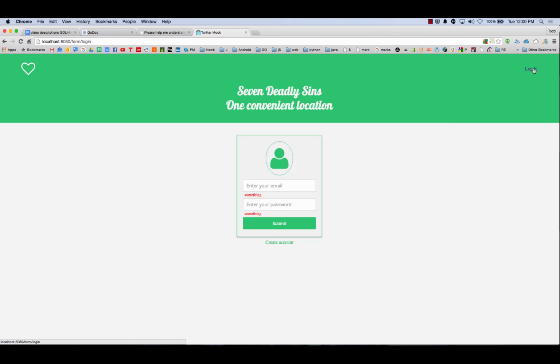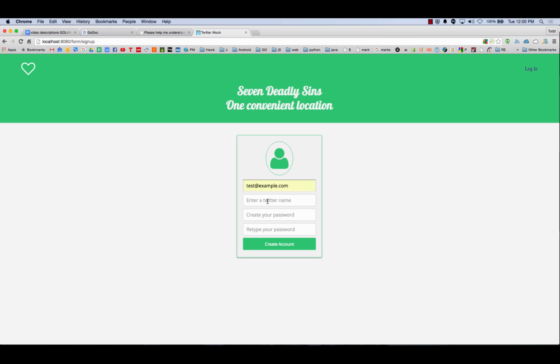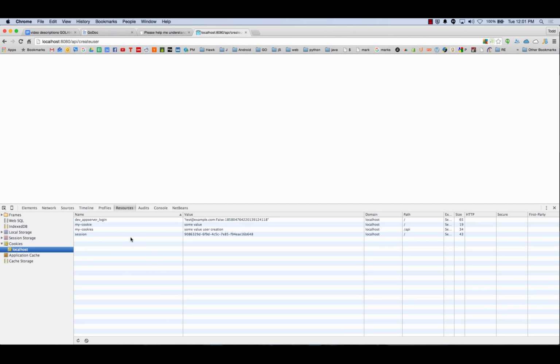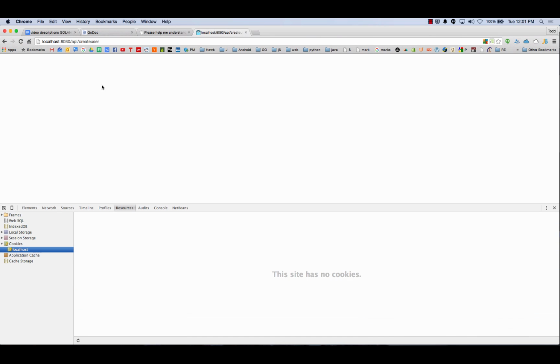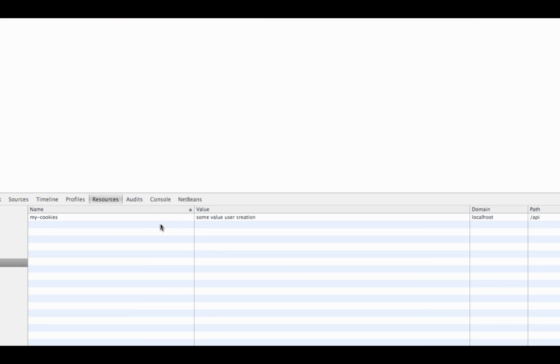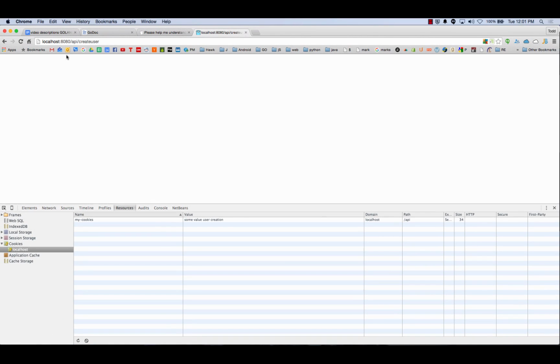Okay, log in, create account, and test, and Daniel, and 1, 2, 3, 1, 2, 3. So let's clear all these out and do that again so we can see it. Can I just do that? There we go. Right? But I'm at API. Yeah, there's the path, and there's the path,